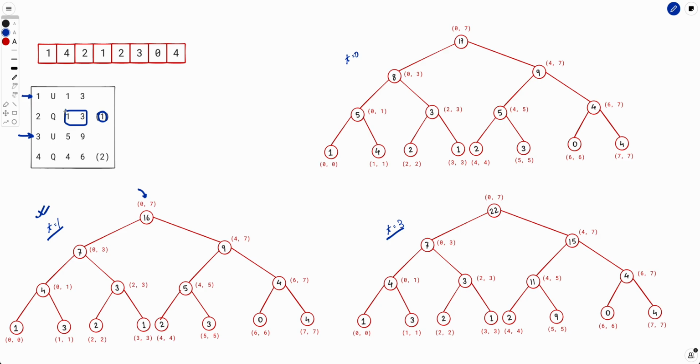Similarly, when you have to query this particular segment tree, you will look at the nearest state of 2. Again, it is 1 itself. You will again go to this root and query the given range L to R, right? So if you maintain these multiple segment trees, how to maintain multiple segment trees is a different question altogether. But if you have multiple segment trees, you will be able to answer these kinds of queries very efficiently